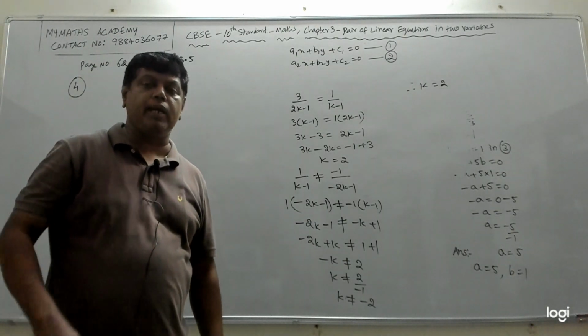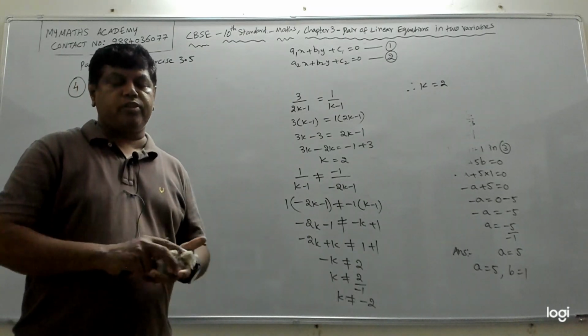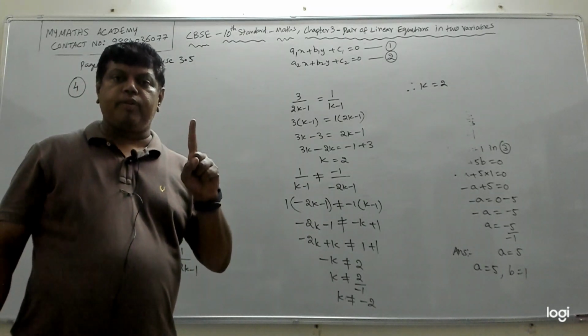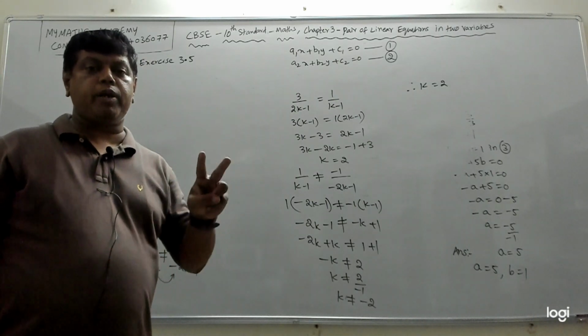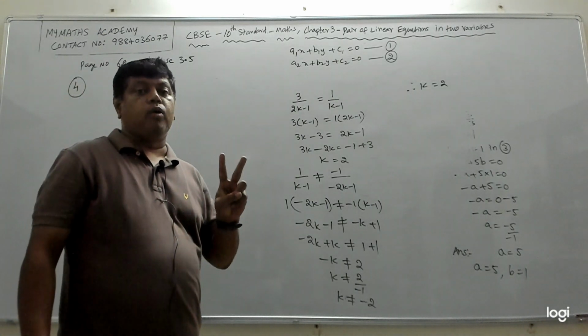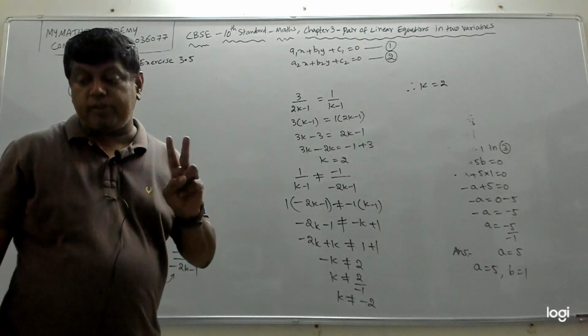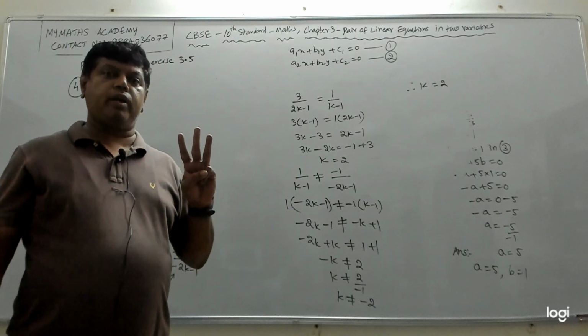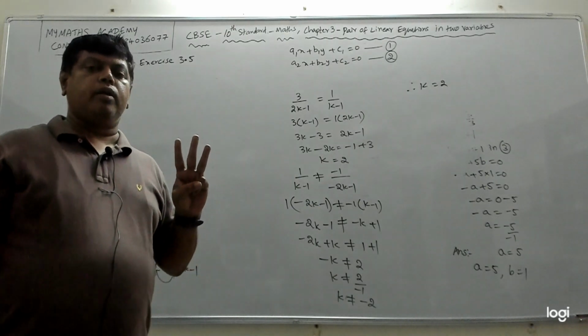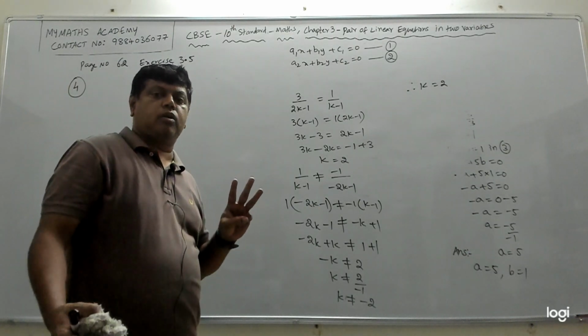You have to find it by any algebraic method, which means there are three things. First, we should form the equations. Second, we have to check whether the solution exists or not by checking the ratios a1 by a2, b1 by b2 and so on. If the solution exists, then we should solve them by any algebraic method. Any algebraic method means we can use substitution, elimination or cross multiplication method.